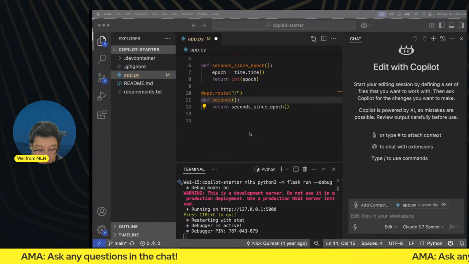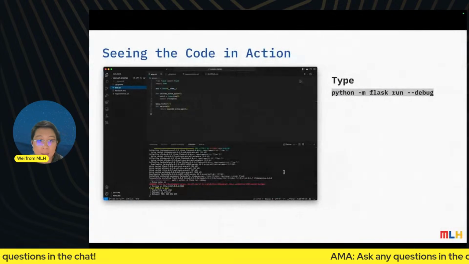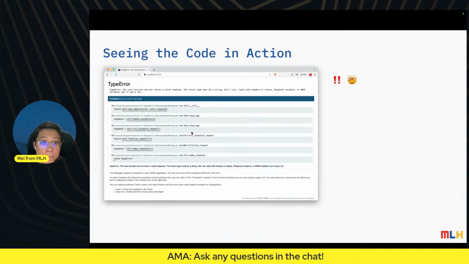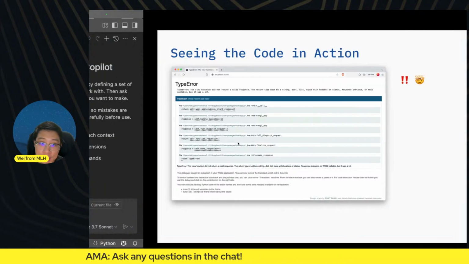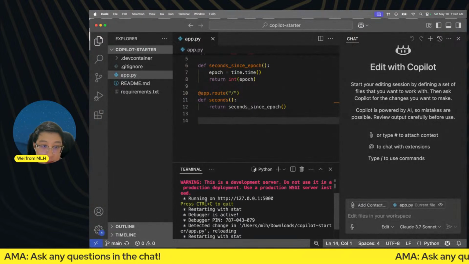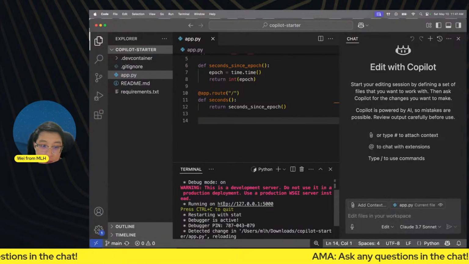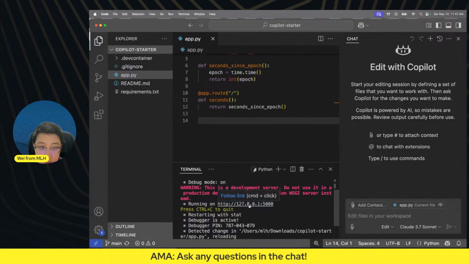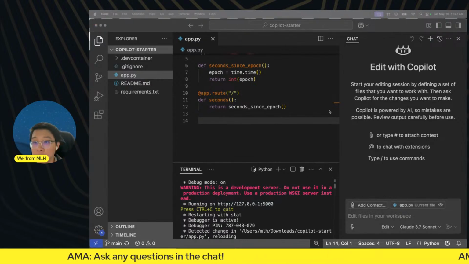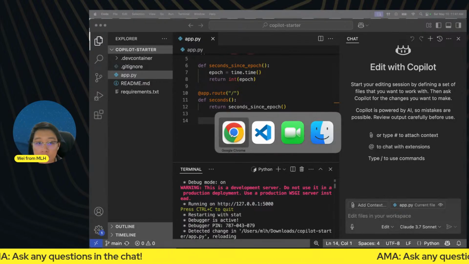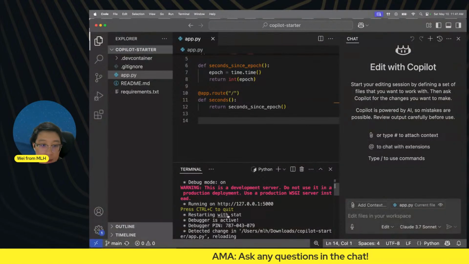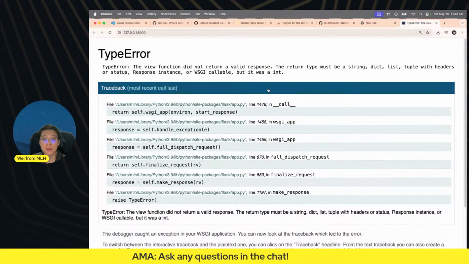Now, let's actually go to it. So this is the error we see. Let's actually try it together. You can see our application is now running here. Let's just hold down Control or Command on macOS and click. Let me highlight this and click. All right, there you go. Boom, we now have an error.